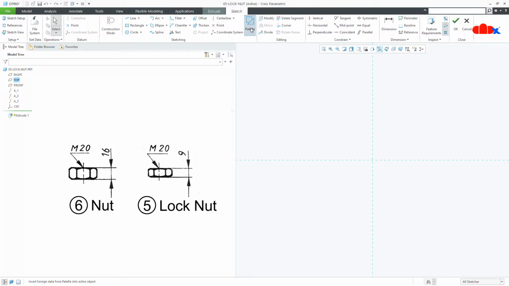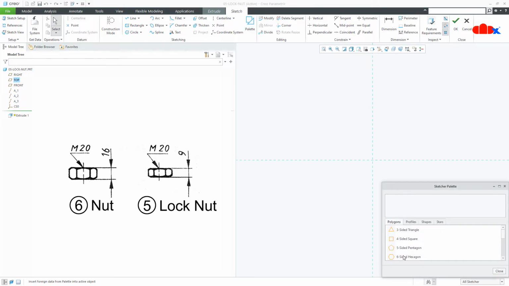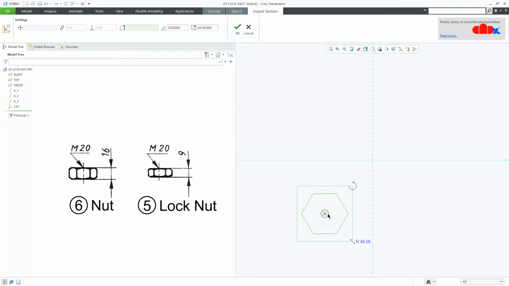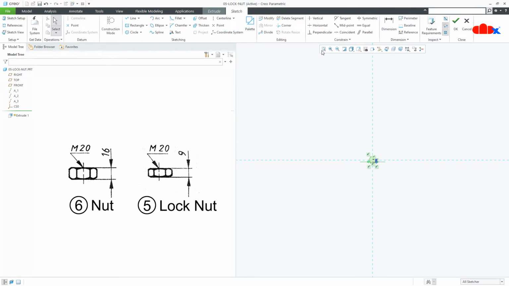Go to palette, 6-side hexagon, double click it and place here. Close it, drag it and place here. This you make it 10 and say OK. I'll delete this dimension.